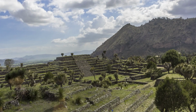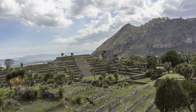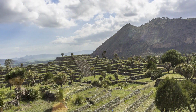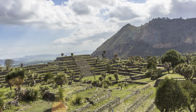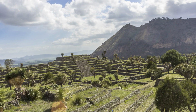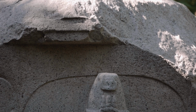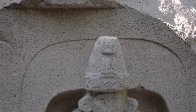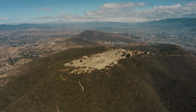phenomena. While it is important to note that there is still ongoing debate among archaeologists and researchers about the Olmec compass's precise function and the extent to which the Olmecs understood magnetic principles, its existence provides compelling evidence of the Olmecs' advanced technological and cultural development. The possibility that the Olmec civilization might have understood and utilized magnetic fields significantly earlier than other known civilizations is a testament to their intellectual and scientific prowess, reinforcing the importance of the Olmecs in the history of global technological